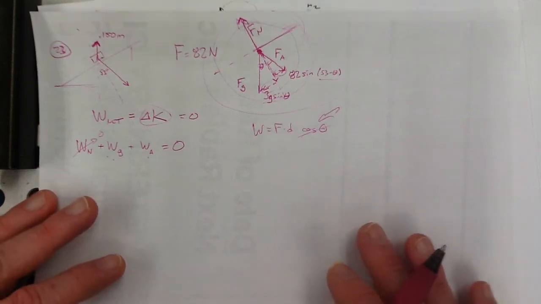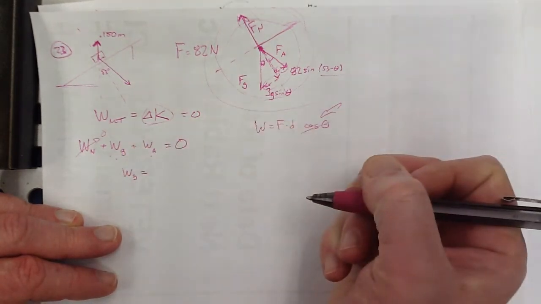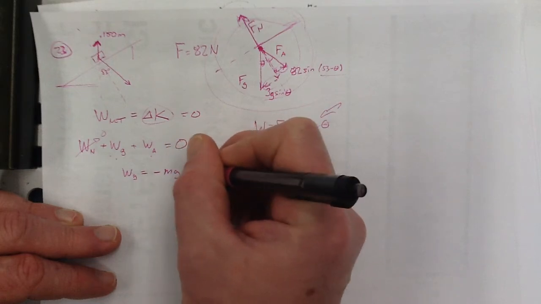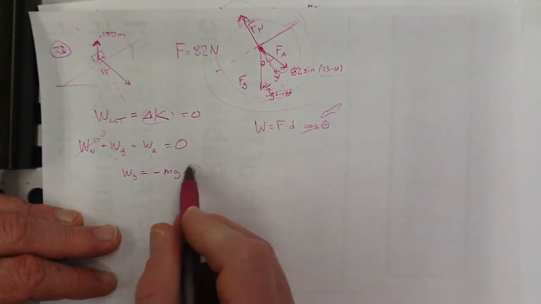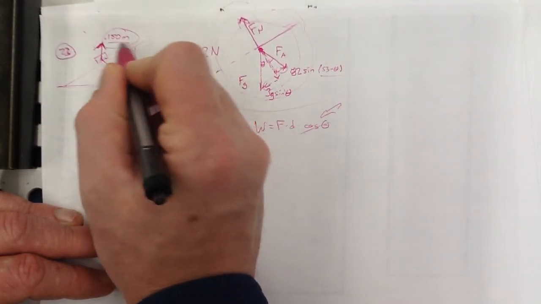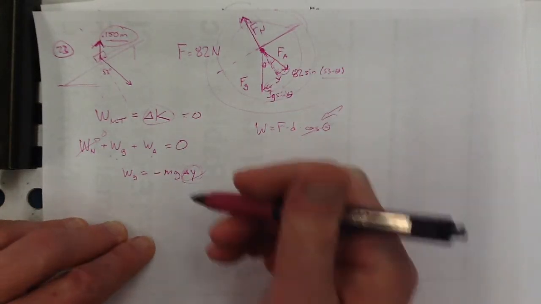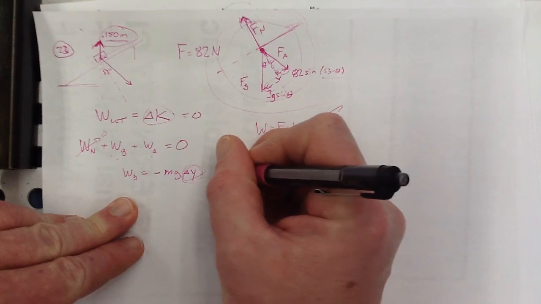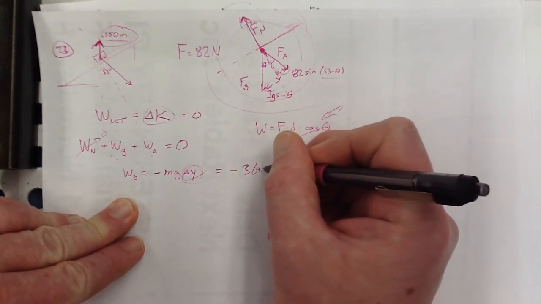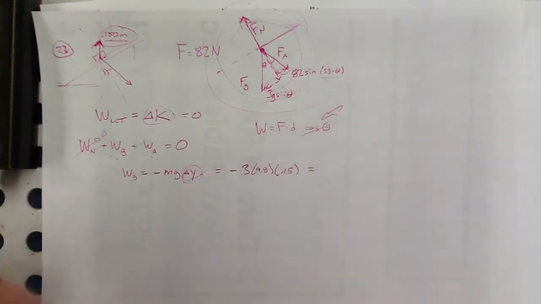So that is all we need to know, because the work done by the gravitational force is equal to negative mg times delta y. And it doesn't matter what the ramp angle is. If we know how much it went up, that is the important thing for work done by gravity. All right, so the work done by gravity is equal to negative 3 times 9.8 times 0.15, which is,